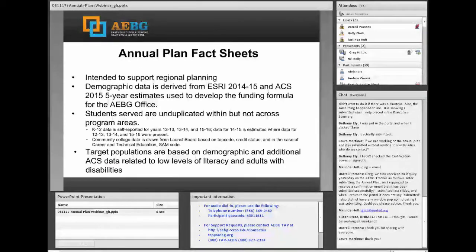So let's move on to the fact sheets, Greg. At this point everybody's at least seen them and been able to do some evaluation of them. As a high-level summary, we provided them as a way to help you plan, help you identify where gaps are, and also as a way to illustrate the work that you've done so far.